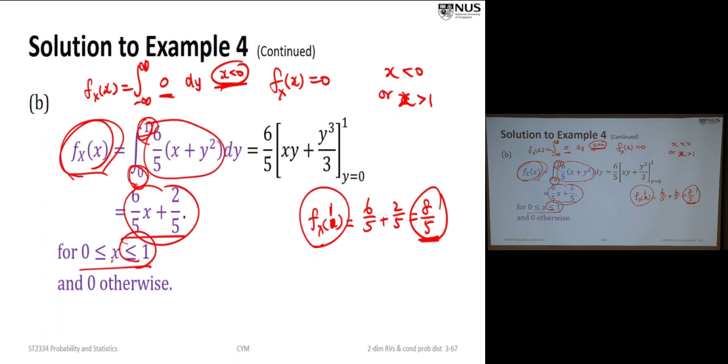But how about x equal to 0.1? X equal to 1/10, then your density is very small. So in that case, it will balance: some regions with low density and some with high density. So as a whole, the integral of the joint PDF is equal to 1. I just want you to make sure you understand that for a continuous distribution, f of x is not a probability, but a probability density. So it can be bigger than 1.